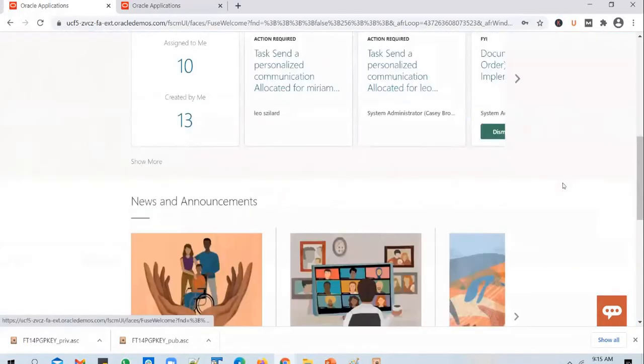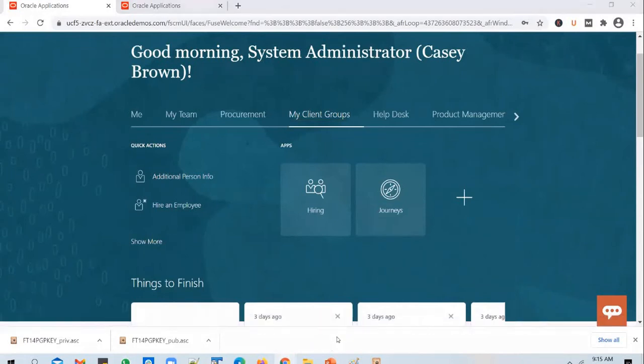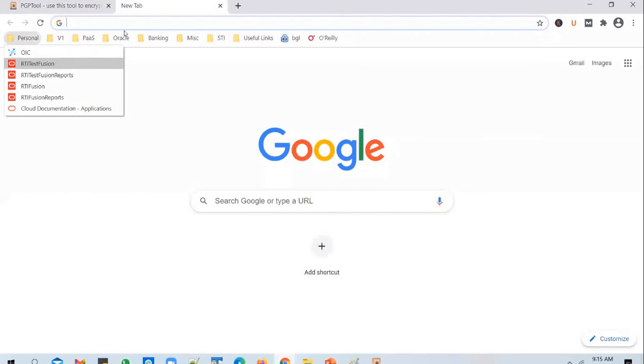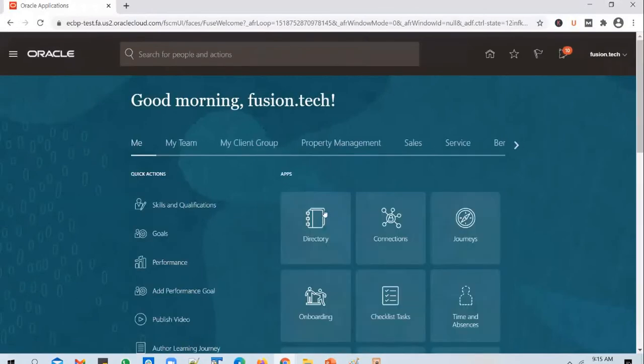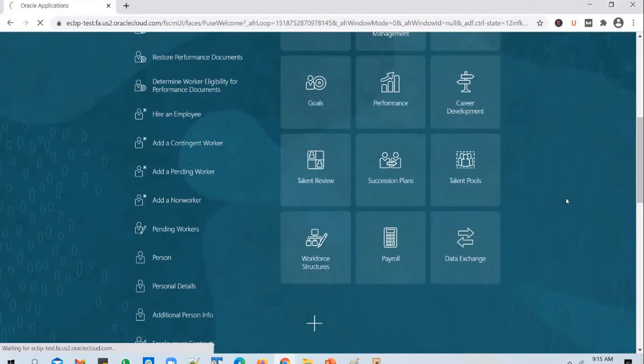So if you go into my client group, I think this user doesn't have access to it. Okay, let me show it to you in our application. So if you go to my client group, go to data exchange. Don't worry, we'll talk about HCM data loader and all this stuff in greater detail in the other sessions.